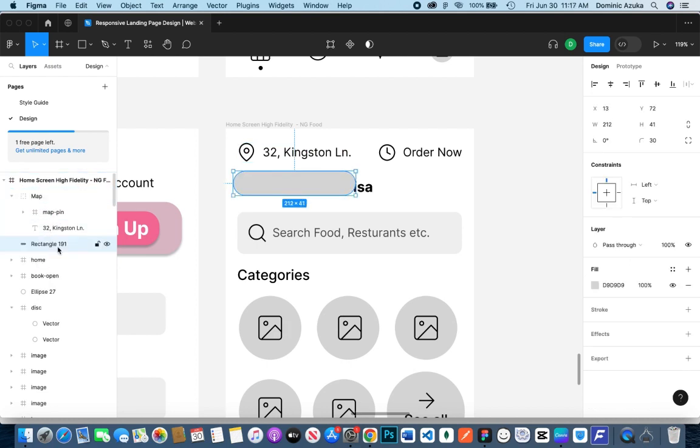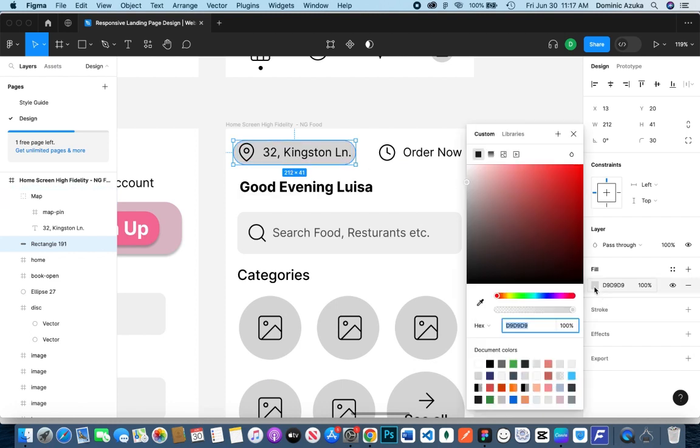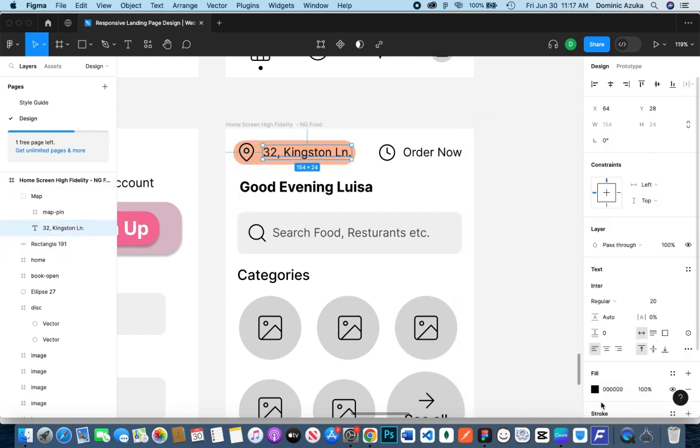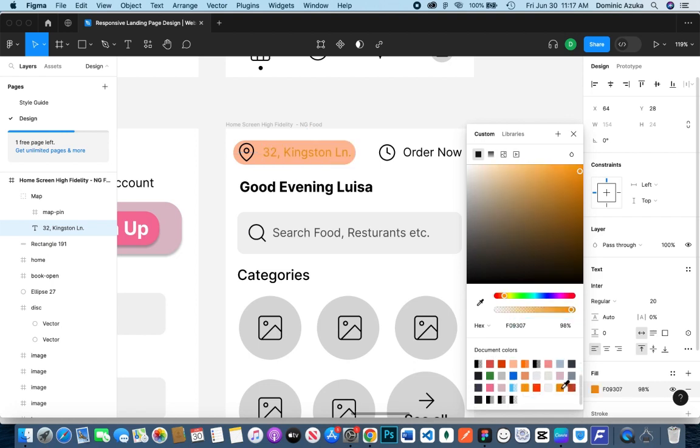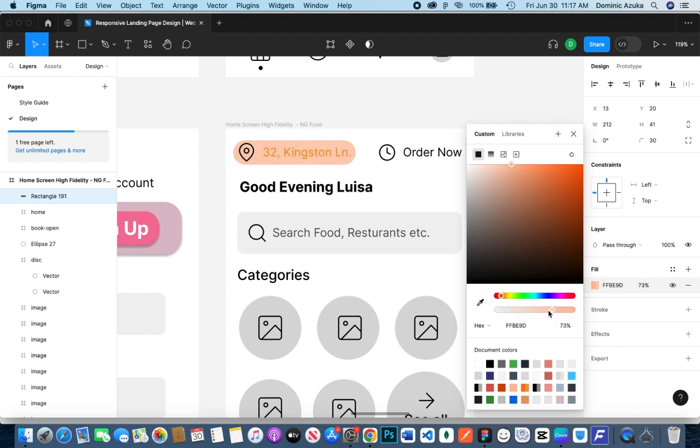Yes, so that's just it. So now move it up. Look at everything aligned nice and clean. So next thing I'll do is to just change the color. Then I'll reduce the opacity of whichever color I decide to use. So I'll change the color of the text also, then reduce the opacity